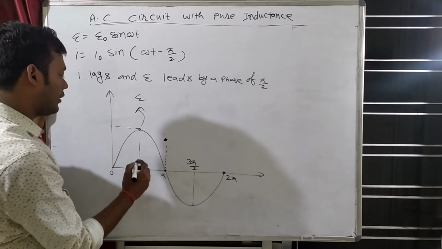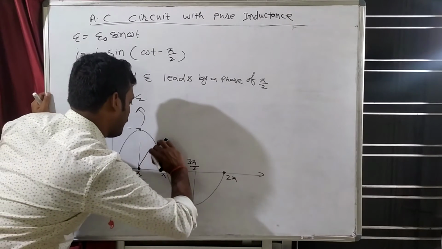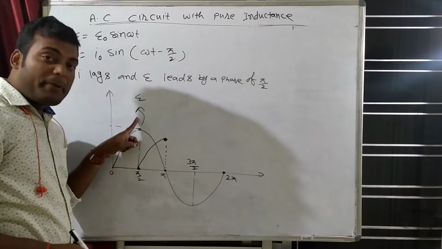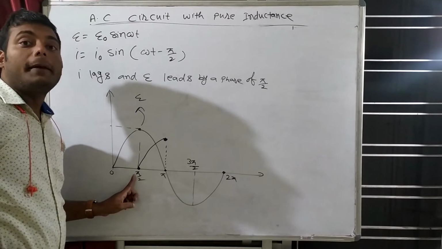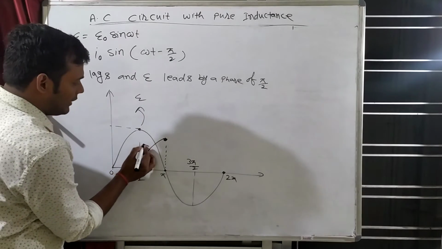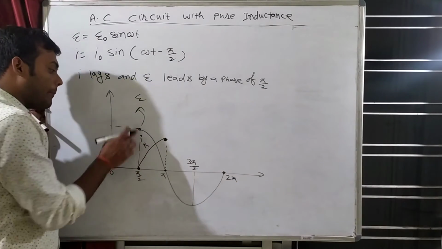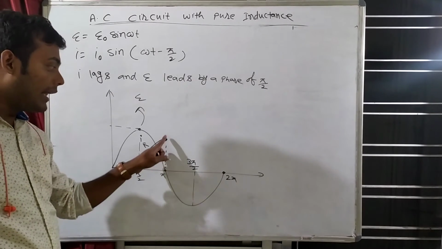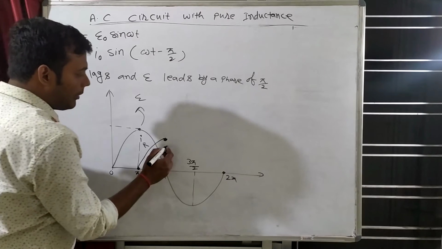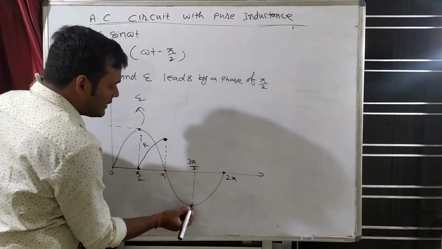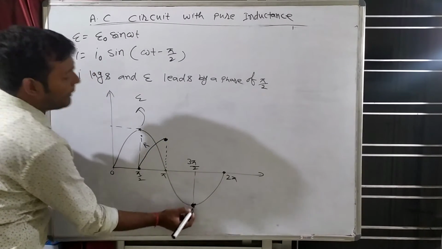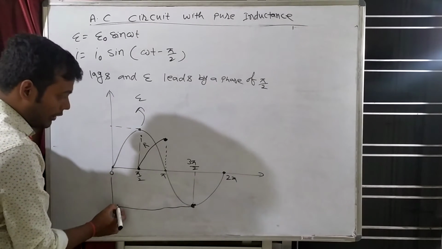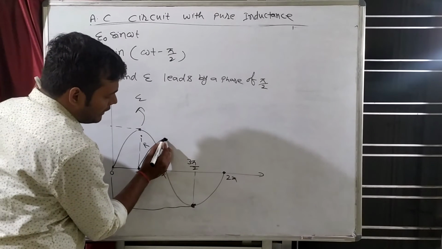So see, when EMF is maximum, then current will be minimum. This is the graph of current. When EMF is maximum, current is minimum. When EMF is minimum, current is maximum. And again, this is EMF. When EMF is minimum, then current...